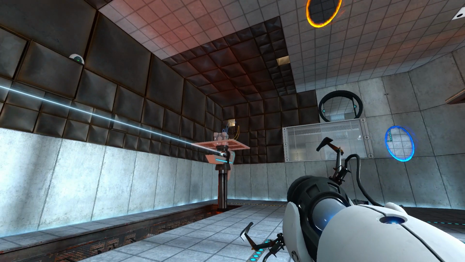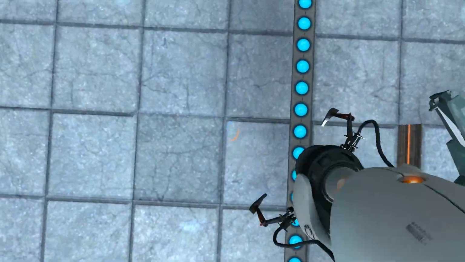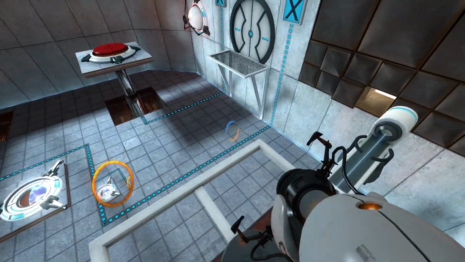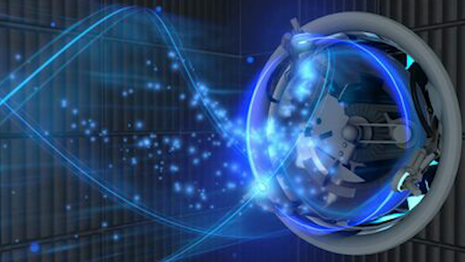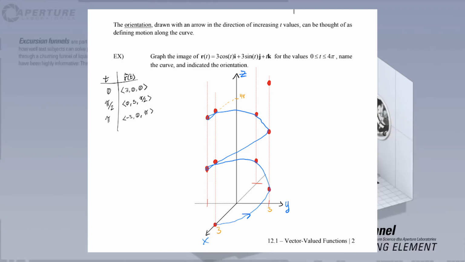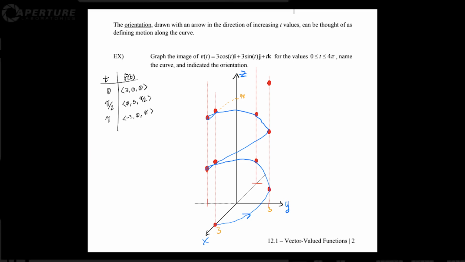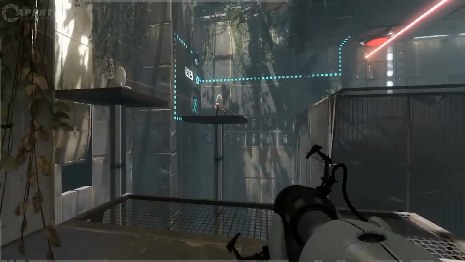One of the last things I'd like to mention is something from Portal 2. There's this new thing added to puzzles to make them a bit more complicated, which is called the Excursion funnel, which heavily reminds me of what a 3-dimensional helix looks like. In fact, it even has a direction and everything. In the picture shown from my class notes, the helix has an orientation that it's being directed upwards, towards the positive k-hat direction. And in the in-game excursion funnel,